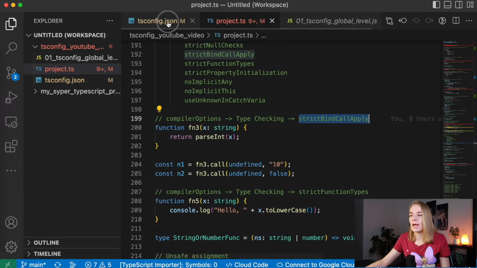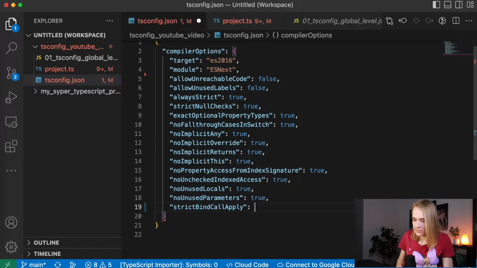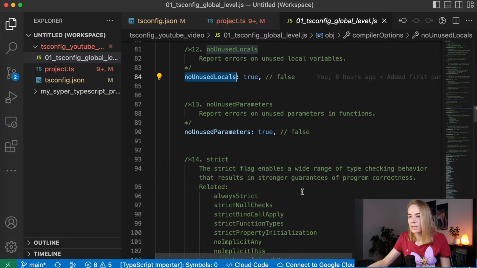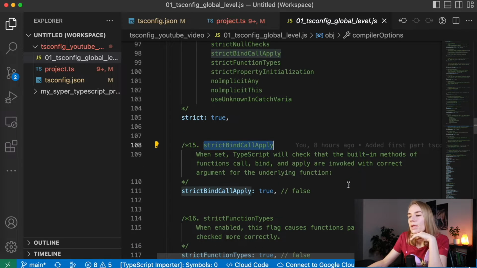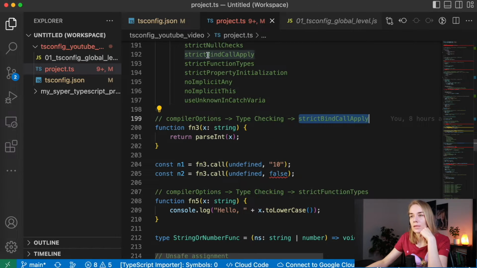Okay, strictBindCallApply. How does it help us? Let's study. Okay, when we set it true, TypeScript will check that the built-in methods of functions call, bind, and apply are invoked with correct arguments for the underlying function. Interesting that it doesn't work without it, but if you don't have this property here, you can pass a wrong argument here. For example, we have a function here, we have string,